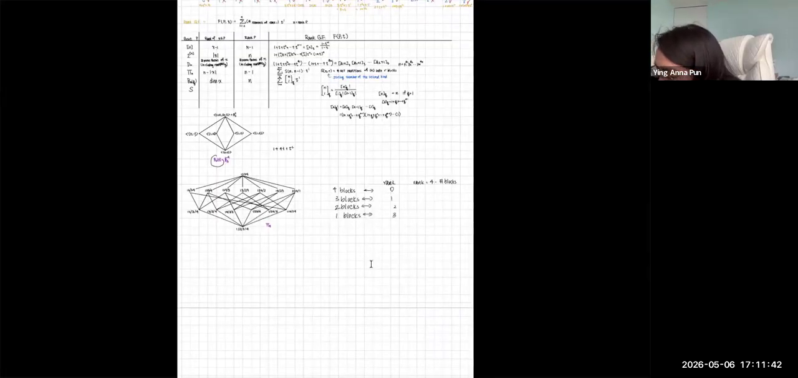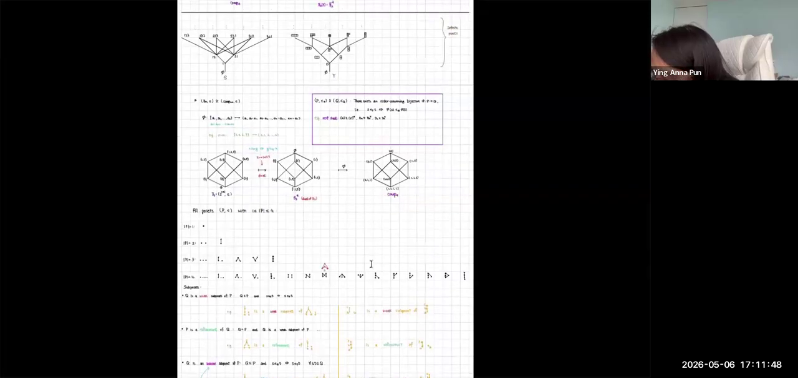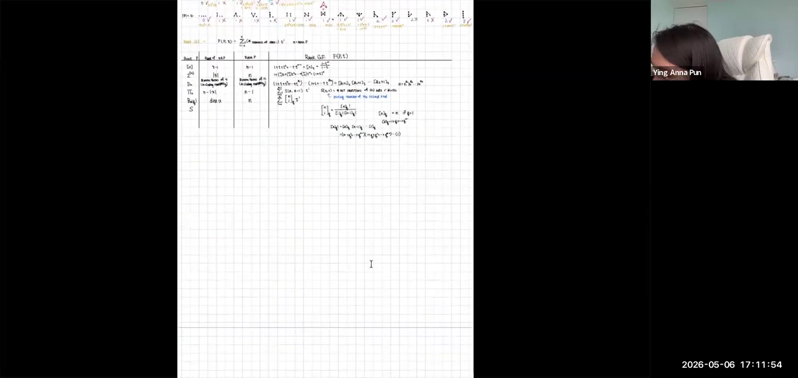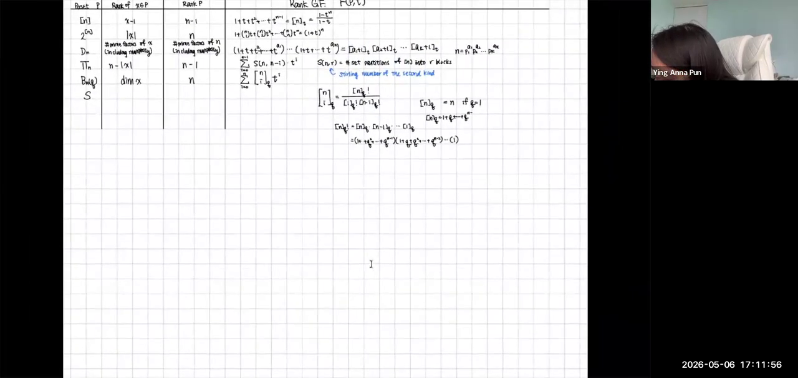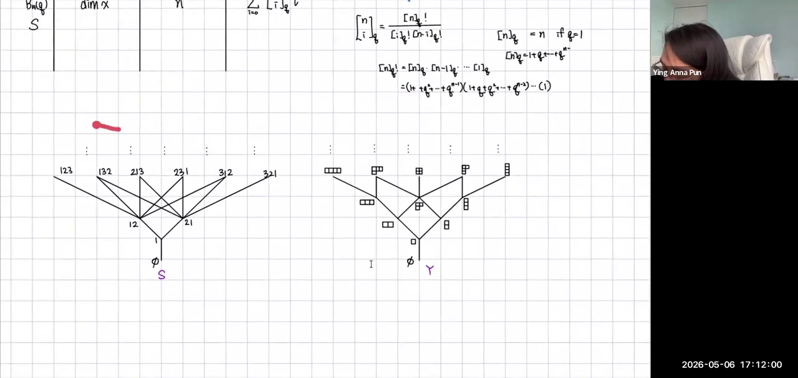Remember, this is actually just the pattern poset that we have. So these are the two that I'm going to talk about. Okay, so go back here. All right, so this is the one that I'm going to talk about. And this is actually very easy to count because